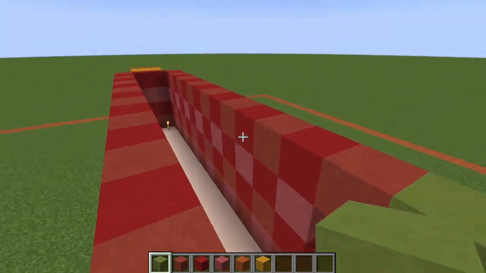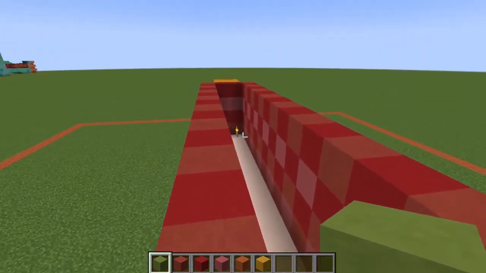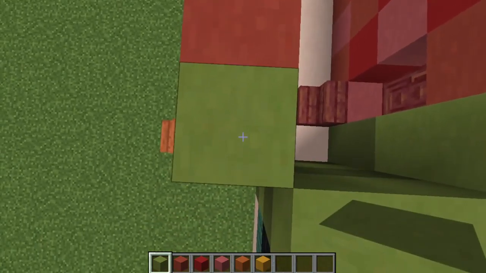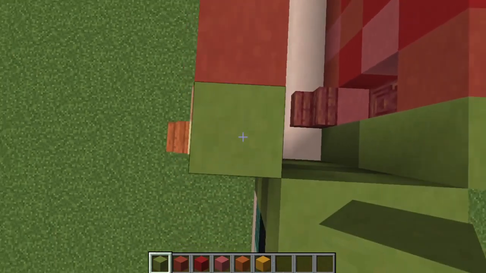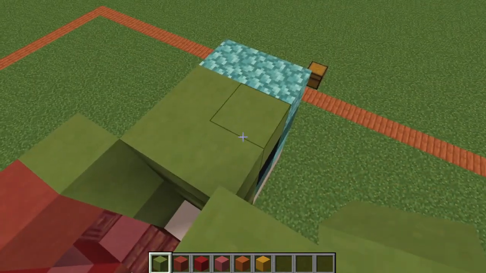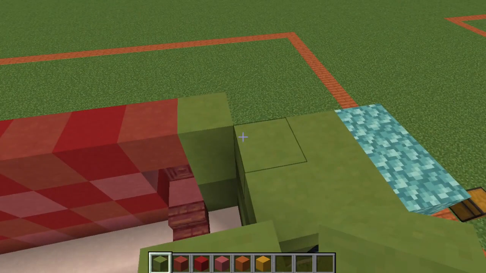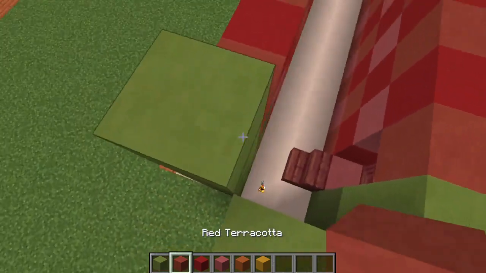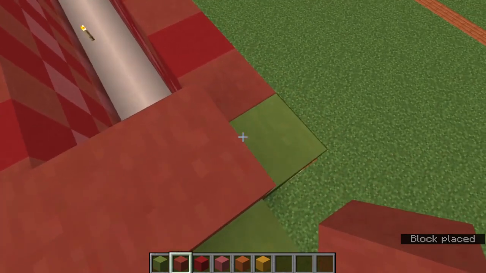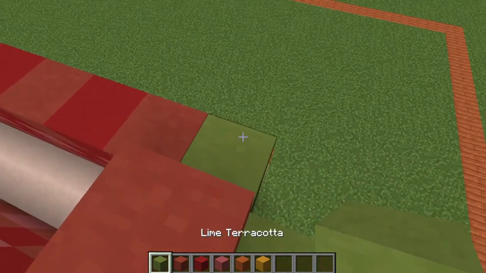For layer 6, we are actually going to be capping off our salmon here, so you want to make sure you place down your torches so you don't get any spawns. And over here, we're going to place down a lime terracotta. The salmon's head is done, so we're not going to be placing anything there. So you want to go with a red terracotta across this, building out like a neck/shoulder, and then